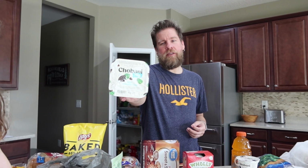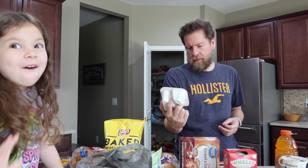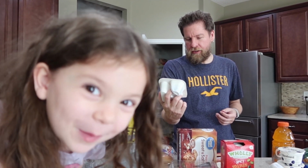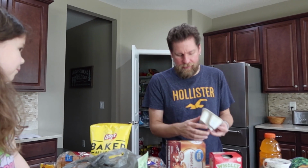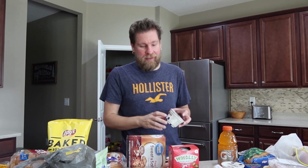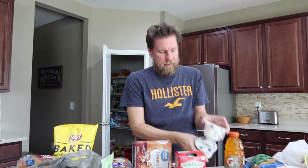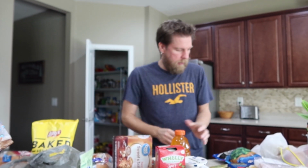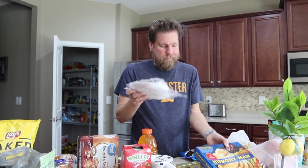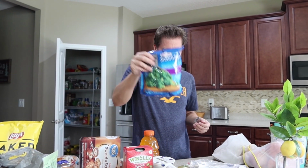And then I got one for you guys. Ooh, mint chocolate chip. Yeah. So yogurt with chocolate chip, chocolate cookies, and chocolate coated Rice Crisps. It's just supposed to be good for you, and then they put all that chocolate in there. And then I just got some of my regular Chobani blueberry, some orange Gatorade, deli meat, Hungry Man that I always keep stocked, broccoli that we always keep stocked,